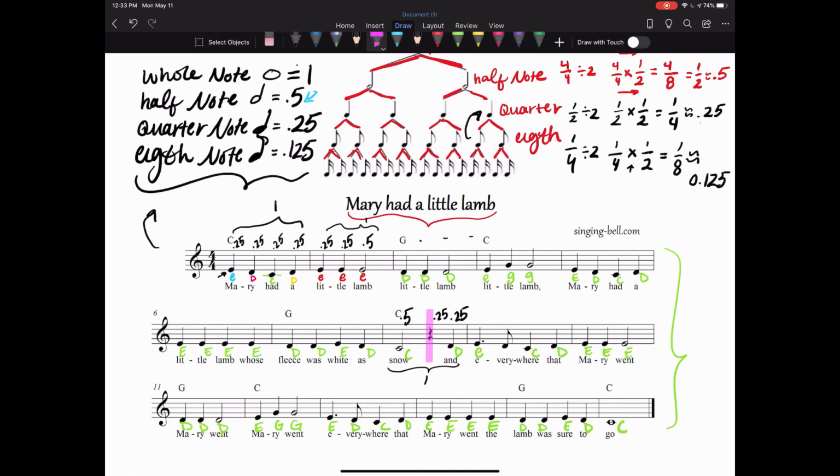Another thing I want to point out to you is if you have a dot in your program, then that dot is equal to half of the value of the note. So we know that that quarter note is worth 0.25. If we divide that by 2, that's half, so it's 0.125. And then we add that original value to the note, then we're left with 0.375. And if we look at this, this is an eighth note, so we add the 0.125, and then we have another quarter, so 0.25 and 0.25. And so when you add all these up,